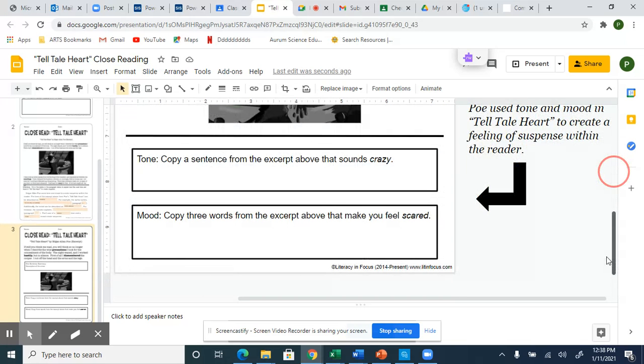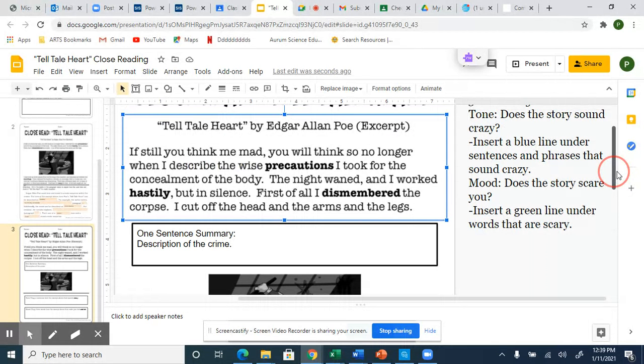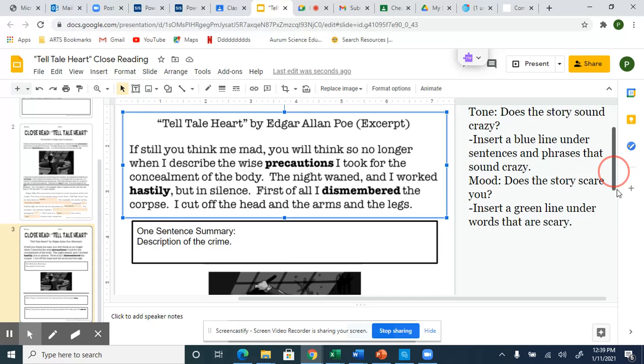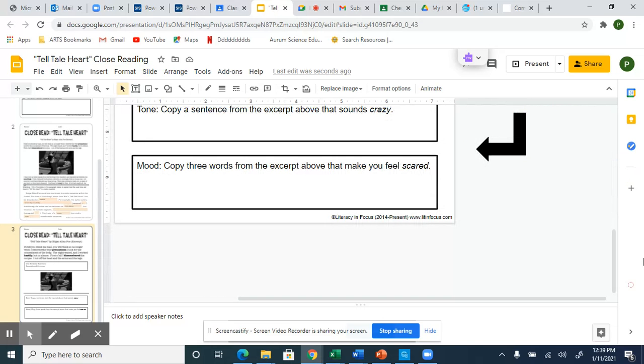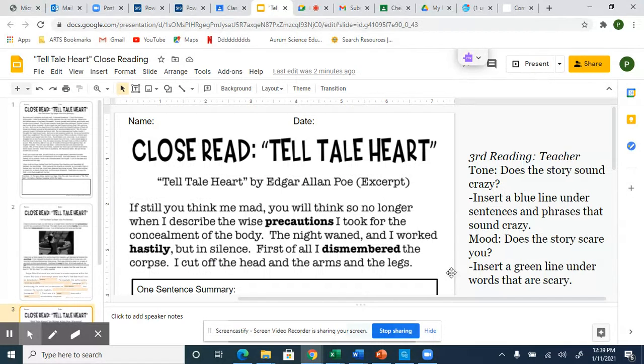And then mood. What makes you feel scared? Well, I would go with the dismembered body. So that is the third and the last page. Okay. So it's a little work, but I think you can do it. Don't you? It's just cutting and pasting. All right, let's go to our